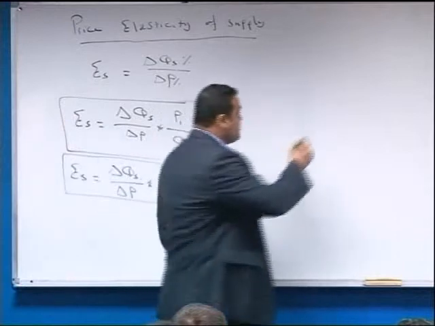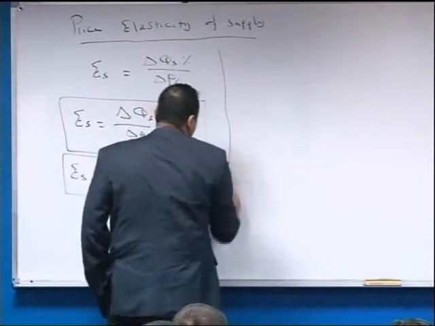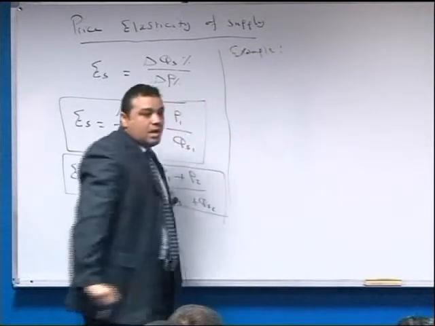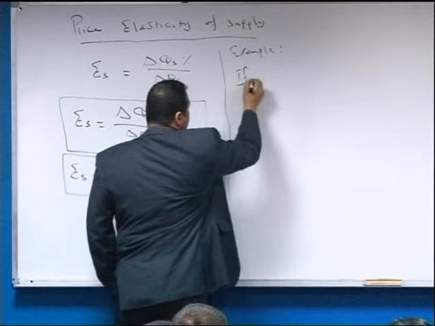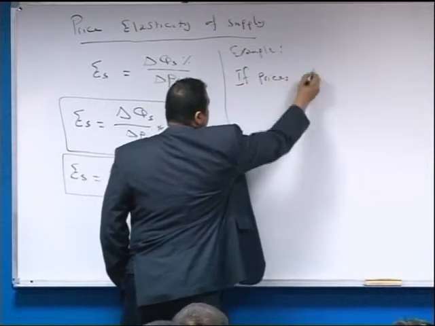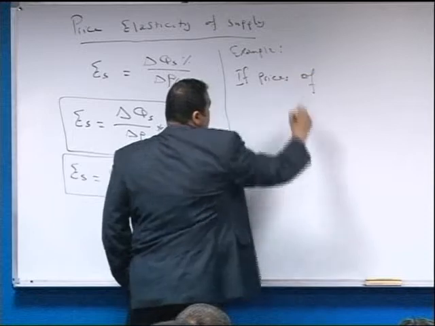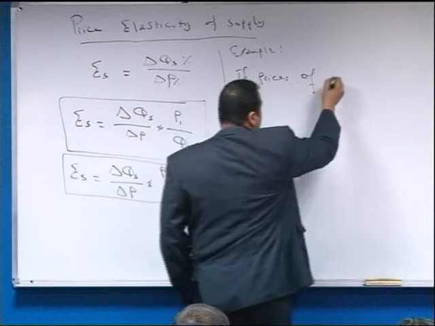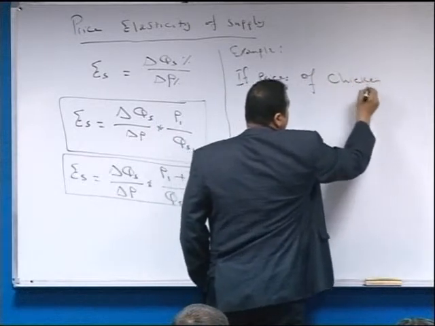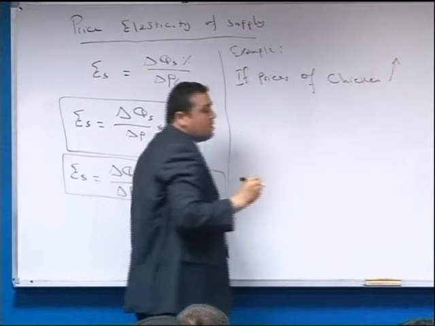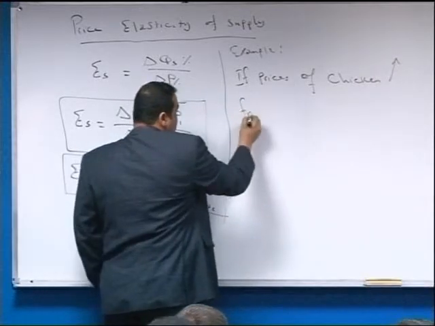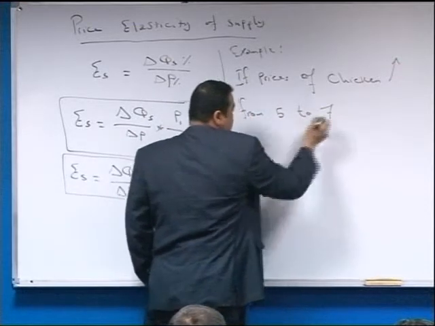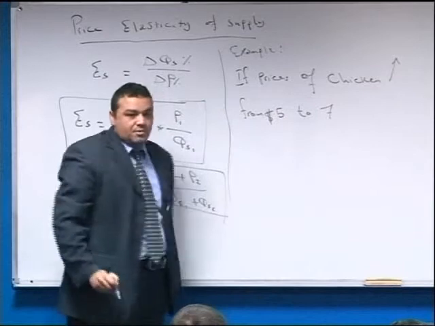For example, if the price of chicken increased from 5 to 7 shekels per kilogram,